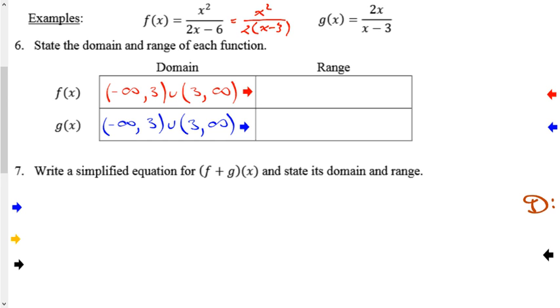There I have my domains for the functions, and they both have the same domain. Neither is defined when x is equal to positive 3. I factored the f of x function to make it a little bit easier for me to see that restriction. And then for the ranges, the first one,